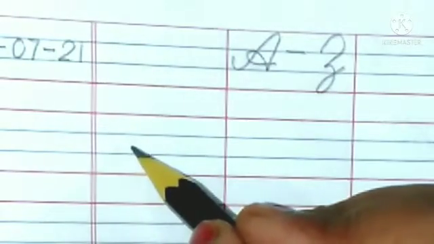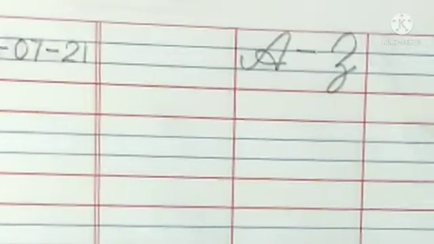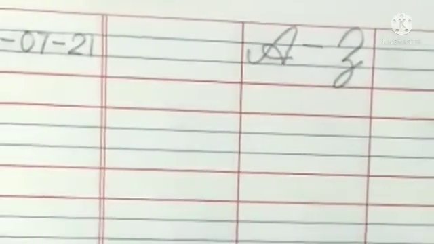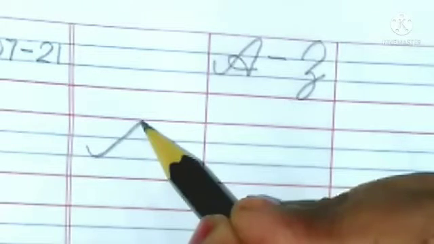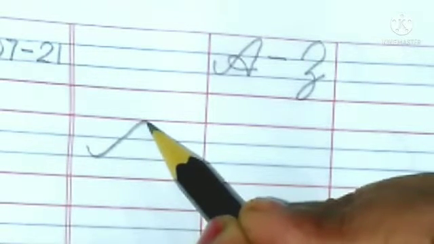For the formation of A, put your pencil in between second and third line. Now drag your pencil and touch to the third line. Go up with slanting line and touch to the first line. Curve it like this. Come down with a standing line and touch to the third line. Come in the middle and make a loop like this. Come out with a tail. This is A. What comes after A?